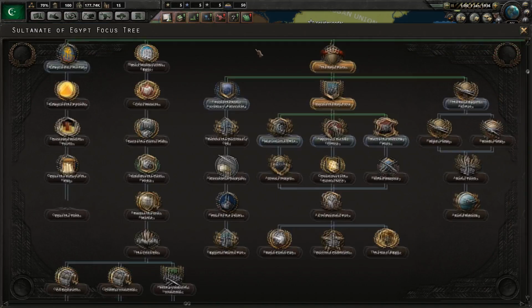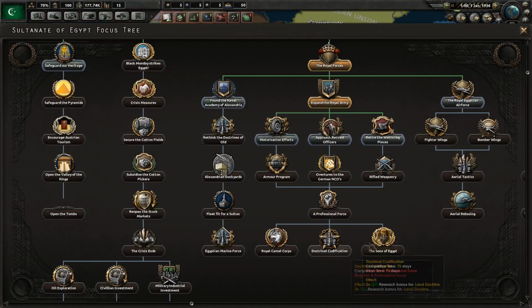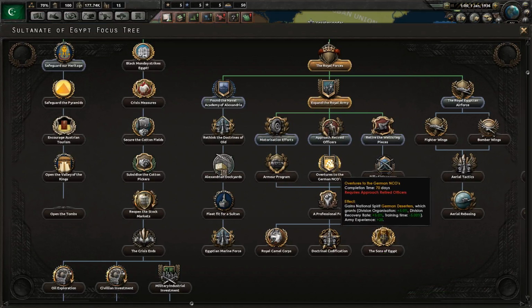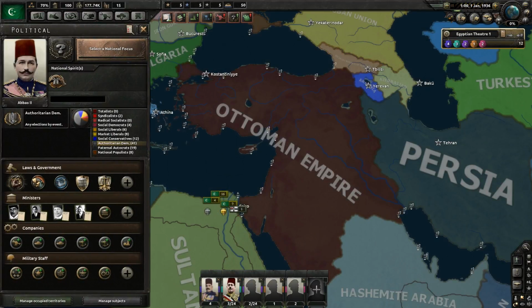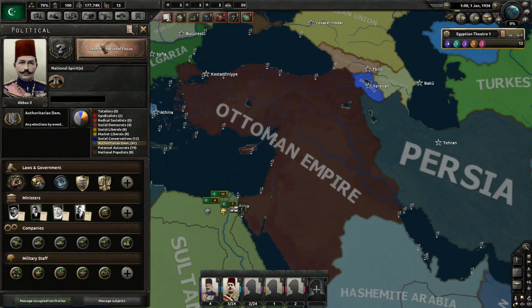and then make use of the various alliances that you have to improve your chances of actually taking them down. Nothing really too strange in the focus tree when it comes to giving yourself some more buffs for the army. There's a couple of cavalry buffs, a couple of reinforcement rate buffs, and then there's a way to reduce your inexperienced forces modifier, which at the start is very bad, with that minus 20% recovery rate and minus 5% organization. You can definitely improve on that.